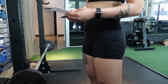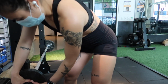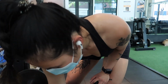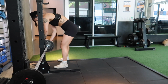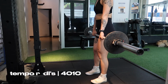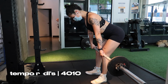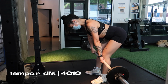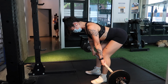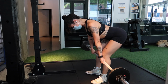Okay, my next exercise. Here's me figuring out that my RDLs are actually tempo RDLs. So I'm taking off some of that weight because, ouch. I feel like coming off of an injury has really given me a fresh perspective, and I've been rethinking some of my movements that I've been doing for 6 years. I feel like I've had them figured out, but there's always room for improvement and better